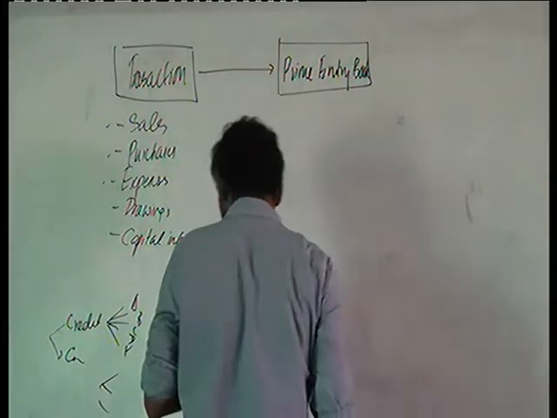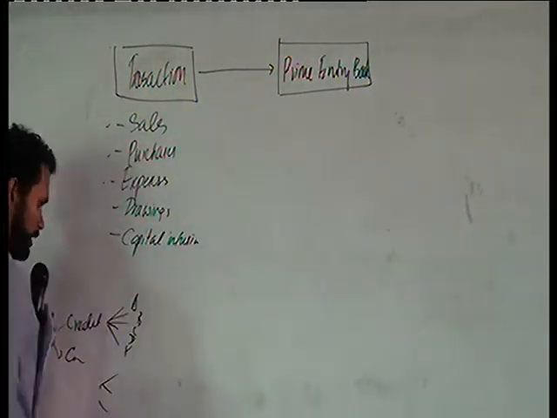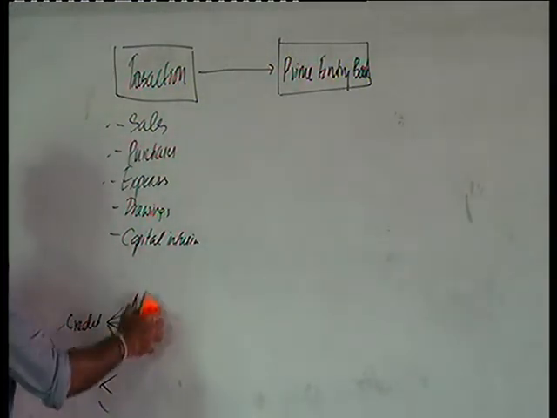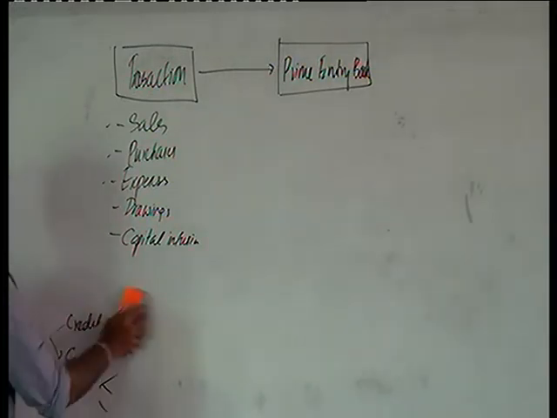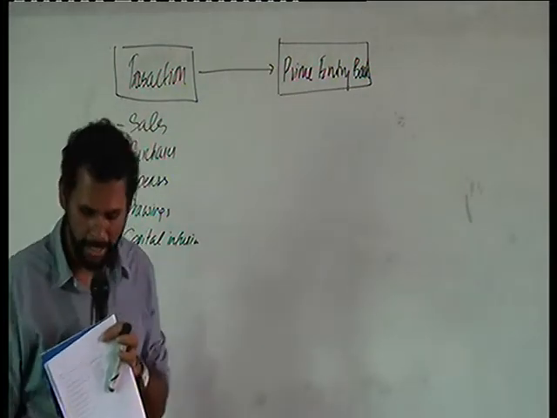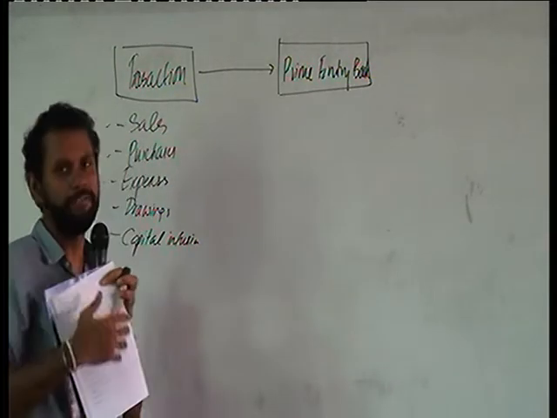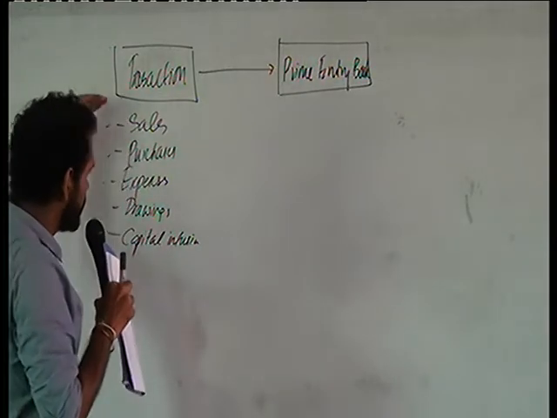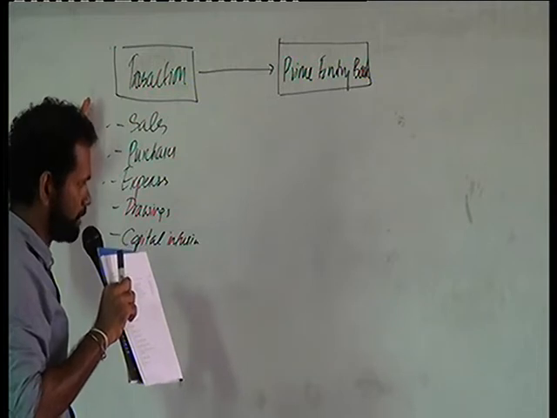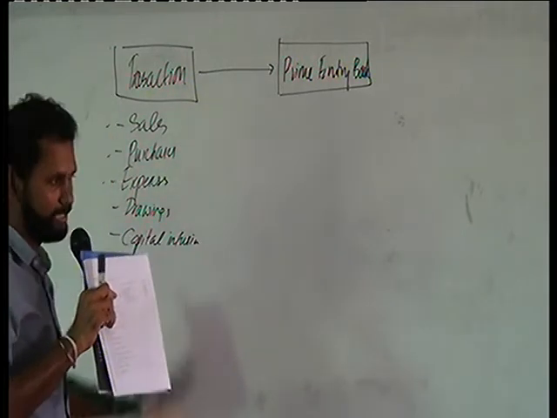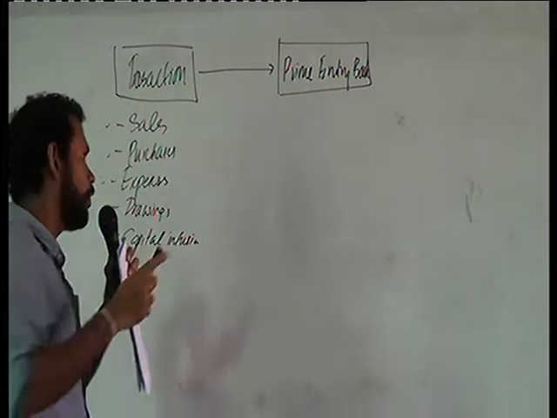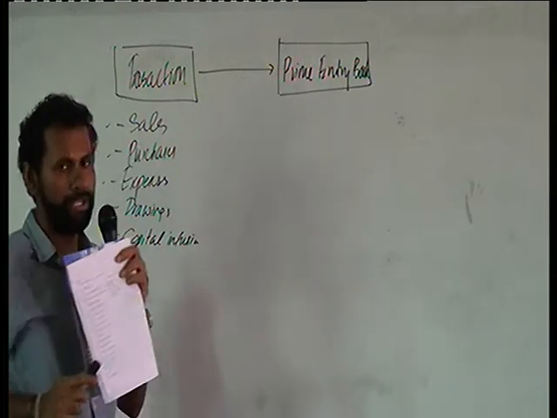So there is no hard and fast rule that you should only record these transactions in one account or you can't record in 2 accounts. There is no rule as such. The way that they create the accounts depends on the management. From one company to another, depending on the requirement, they will create different types of accounts. So a company will have different types of transactions, and before being recorded in the general ledger, all these transactions are recorded in the prime entry book.